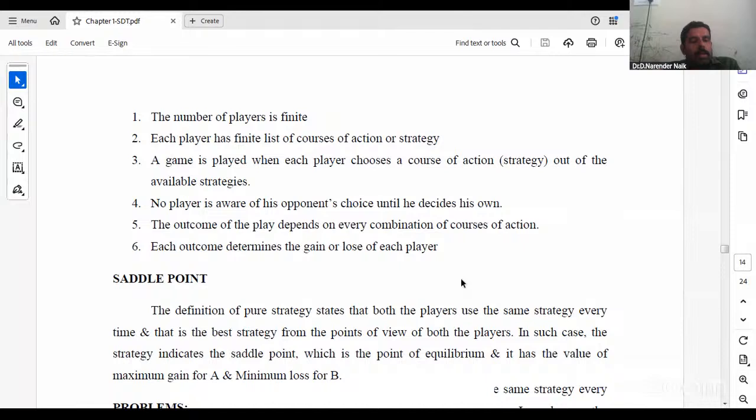So you see once again, the number of players is finite. Each player has a finite list of courses of action or strategy. A game is played when each player chooses a course of action, a strategy, out of the available strategies. No player is aware of his opponent's choice until he decides his own. The outcome of the play depends on every combination of courses of action. Each outcome determines the gain or loss of each player. So each and every individual player has the list of courses of action. The game is played when each player chooses a course of action, a strategy, out of the available strategies. No player is aware of his opponent's